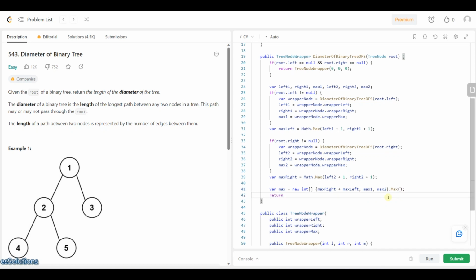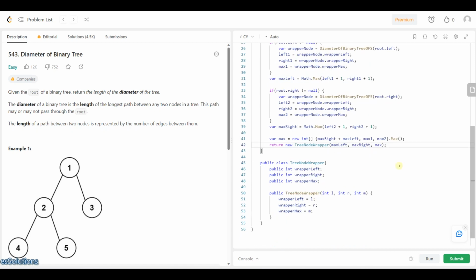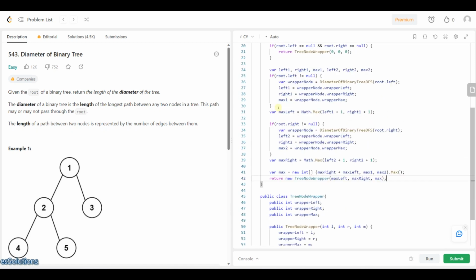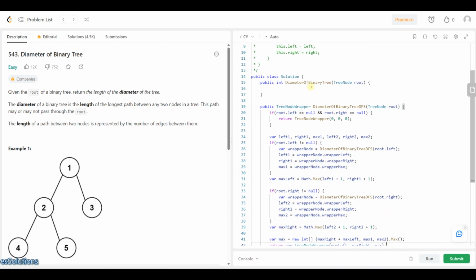And then since I need to return the tree node, I just return a new tree node wrapper, and this time around my left will be what is on the left, my right will be what's my max right, and whatever this max is will be what I want to return as my max here. So this will keep cascading upward till it gets to the topmost node, and I just know that whatever I get from my diameter of binary tree DFS will actually be